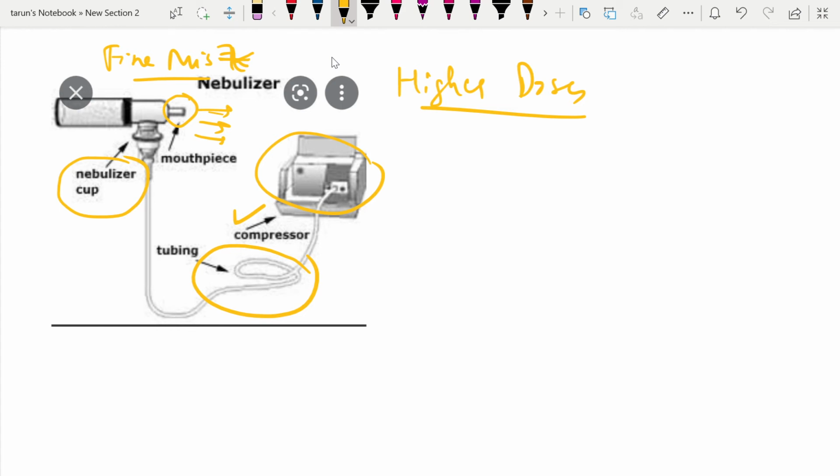Nebulizers are used in hospitals or nursing homes for the management of acute severe asthma and acute exacerbation of COPD. So it is a nebulizer that is used to deliver drugs like salbutamol in the form of a fine mist. The nebulizer chamber is attached with the mouthpiece or the oxygen mask on either side, and the oxygen along with the medicine is delivered to the patient. So it is used to deliver high doses of oxygen. So this was about the nebulizer.